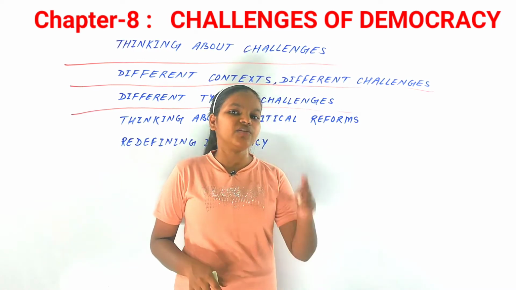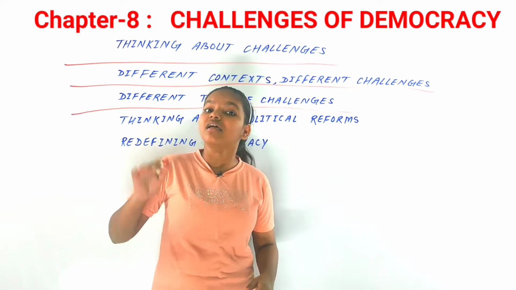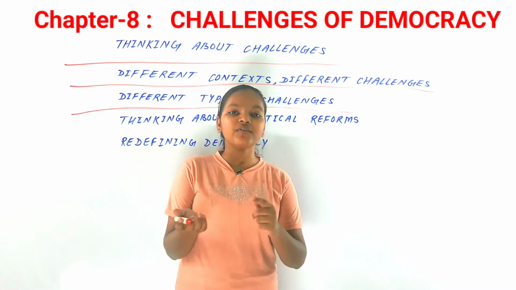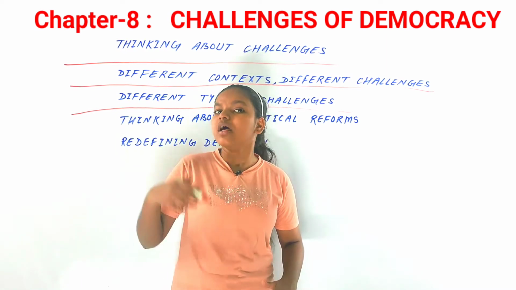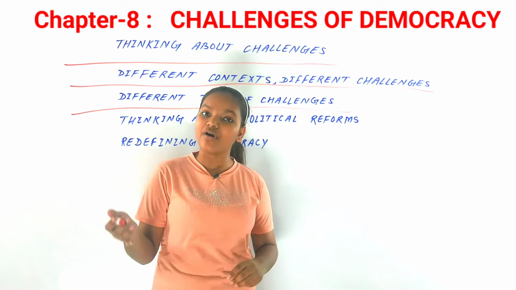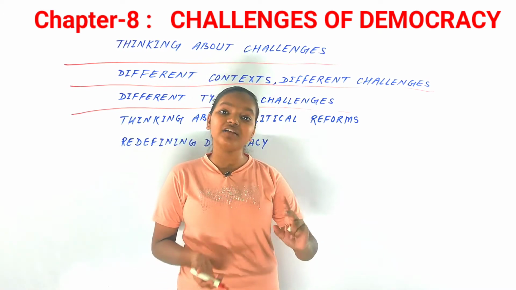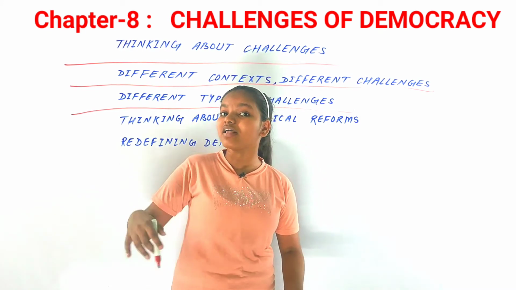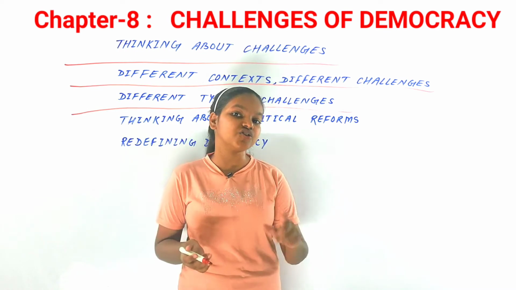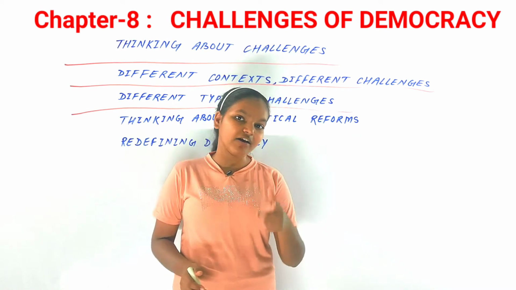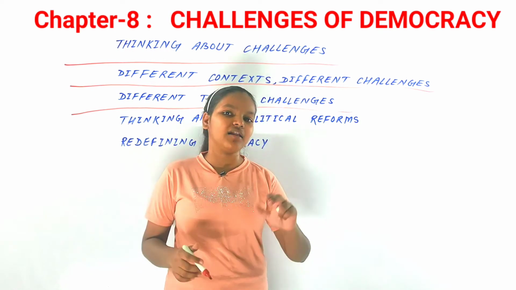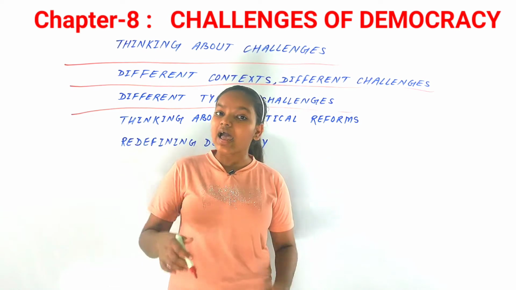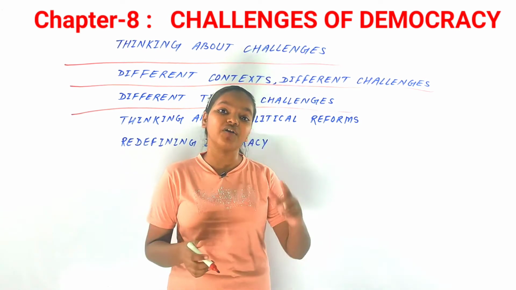If we talk about China, what is the problem there? There aren't any free and fair elections. So we can say that elections are a problem there. After that, there is the popular participation of the people. People's participation also plays a very important role. And there can be many different types of challenges that you can add by yourself. So the working of institutions means giving more power to all the institutions. Well, what are institutions? We have already discussed it in the previous chapter, in the previous political science class. So there could be different types of challenges for different contexts.